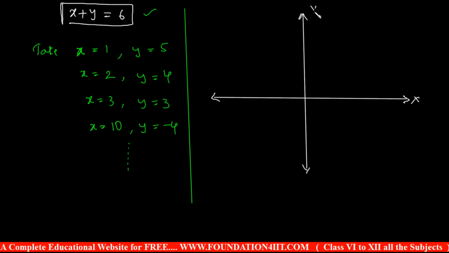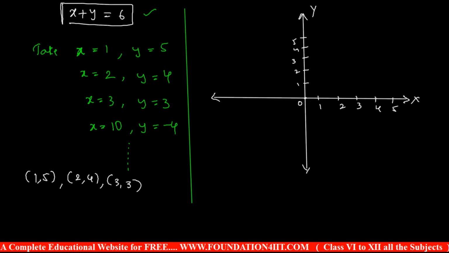It is the x-axis and y-axis. These points are 1 comma 5, 2 comma 4, and 3 comma 3. So let me represent these 3 points on this graph. So 1, 2, 3, 4, 5 on the x-axis. The left side is negative, and above is positive. We know already how to plot points on the graph; we learned it in the previous classes.